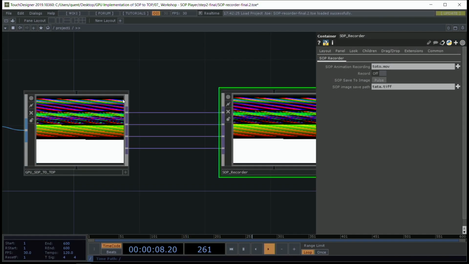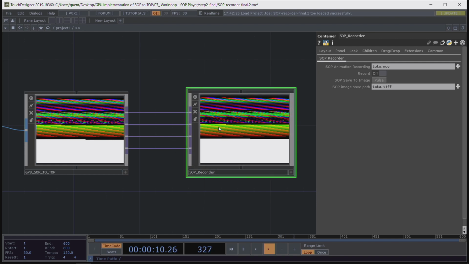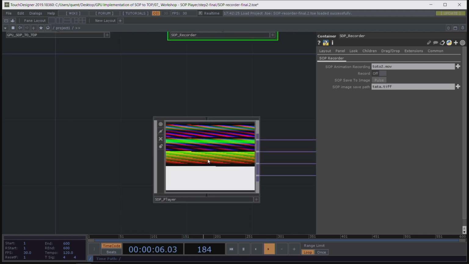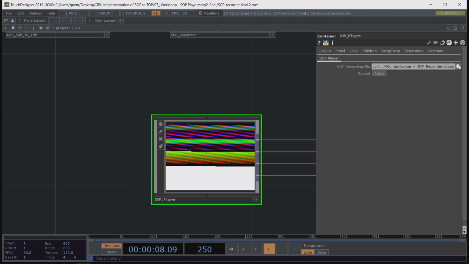Then the way it works is just plug the 4 outlets into the recorder. Let's call that Toto2 MOV. So it's going to record in the current folder. So hit record, stop it, and then for my SOP player, I'm just going to open